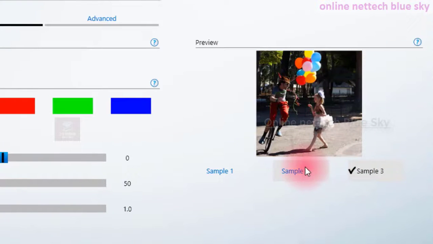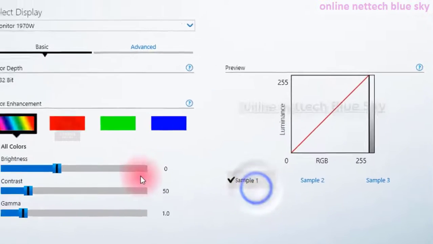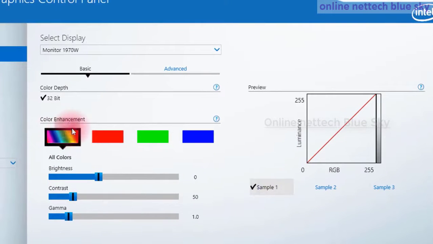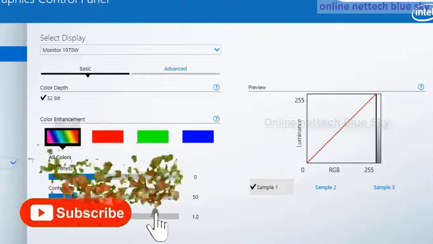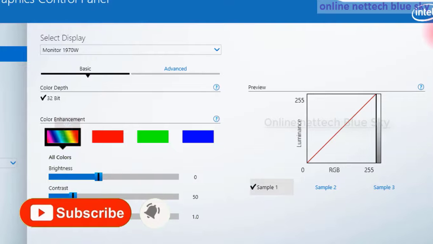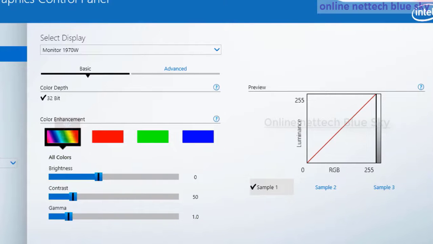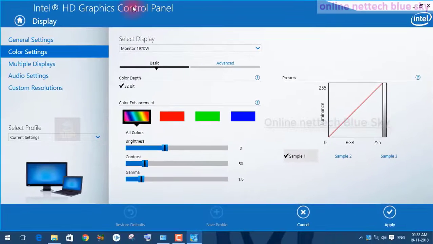So this is my original photo, and first I'm showing you brightness, contrast, and gamma. You can see brightness at 0%, not perfect, with minus and plus options. If you want more light, or more lighting with darkness and lighting systems, this software is helpful for you. And you can see your red, green, and blue,